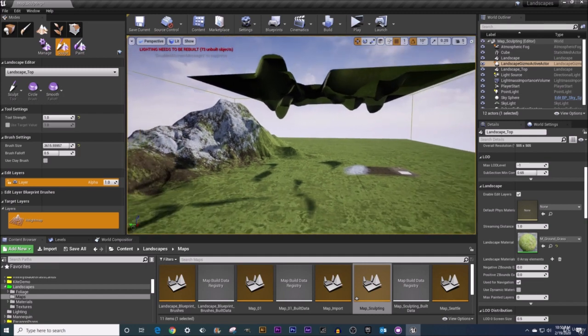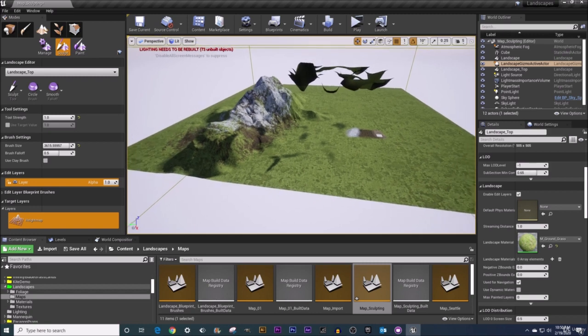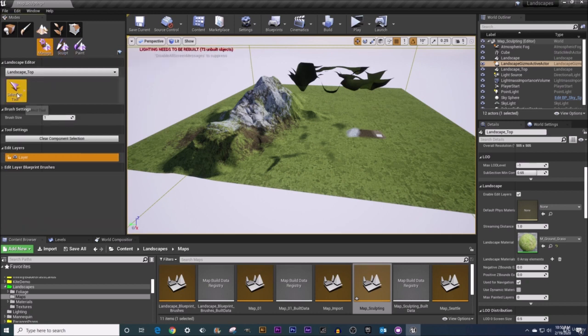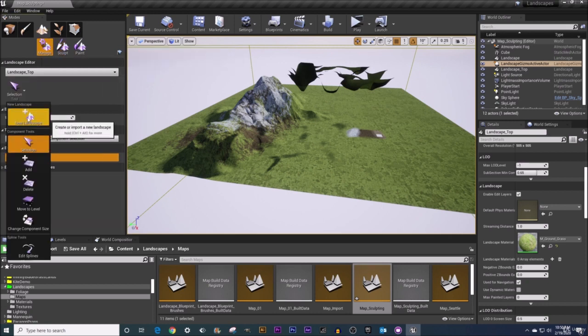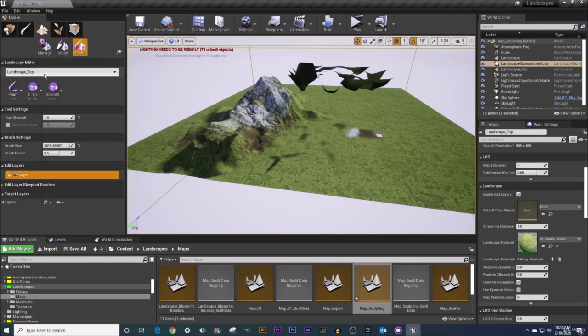All right, guys, so that's a real easy means of adding some more landscape actors to your level. It's under the landscape manage mode, under new landscape, and just note that once you have added another landscape, you then need to specify, doesn't matter if you're in manage, sculpt, or paint, which landscape actor you want to affect